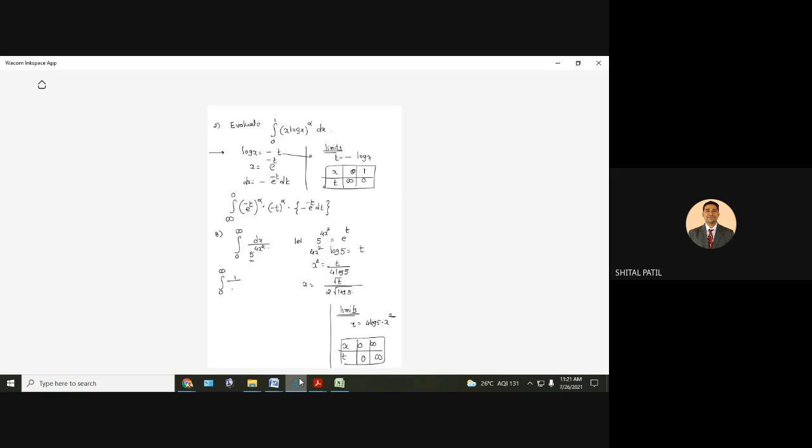Okay. 1 upon this is e raised to minus t. Right. And what about the dx? We forgot to find it. Okay. Let me write the dx directly. So here we have x, so it will be dx. dx will be 1 upon 2 root of log 5 constant. Derivative of root t, 1 upon 2 root t, and then we have to solve the integral. Hope you will be able to solve the remaining part of the integral. Okay, not spending time on that.